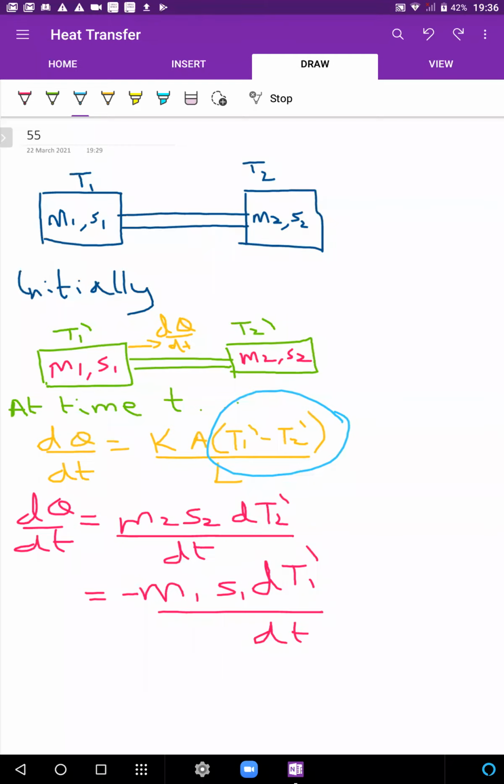Right, that would be a nice thing to do. So how do you write dq by dt in terms of both of them? If dq by dt is A, dq by dt is B, dq by dt is also A plus B divided by 2, right? So can't I write the same equation as